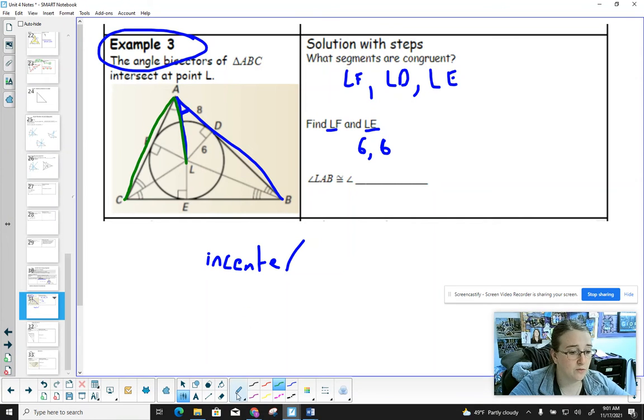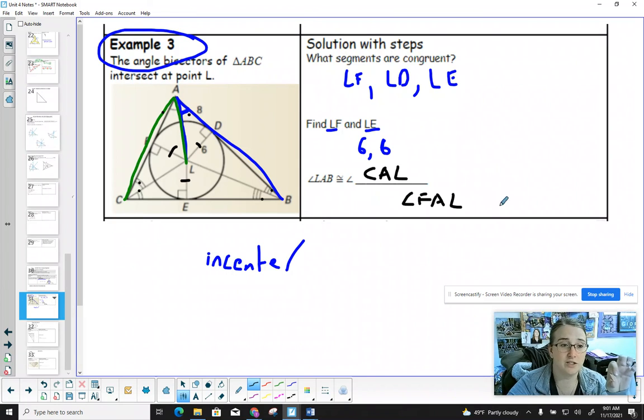Now you could have named this a couple different ways actually. I'm going to go ahead and name it CAL. You actually could have used the F as well if you wanted to call it FAL. Or again, we can reverse this, LAC, LAF, those are fine. So again, these pieces are congruent, as well as we've got congruent angles here in each quarter. So in class, and we're going to practice this a little bit more, we're going to do some stuff with equations, but that's the basic intro to